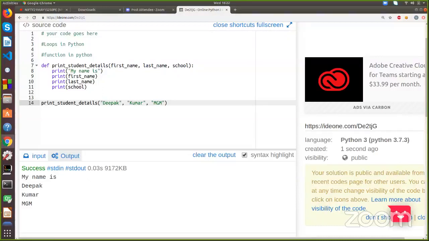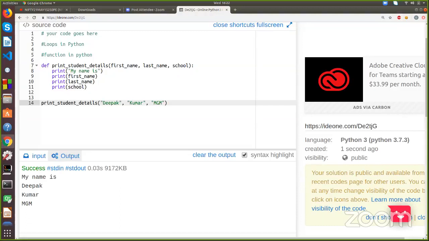So the general solution that comes if you don't know function is that we need to calculate for 10 different students, and then we can write the same portion of code 10 different times. For example, the same portion of code to print the first name, print last name, print school, and print the marks. We need to write the same portion of code 10 different times.